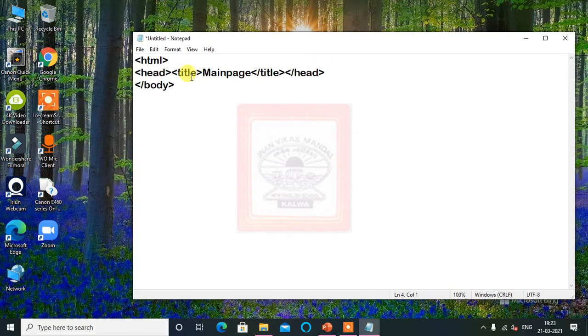In this body tag, we are going to use top margin equal to 50. Use left margin also. Let's use 50 only.